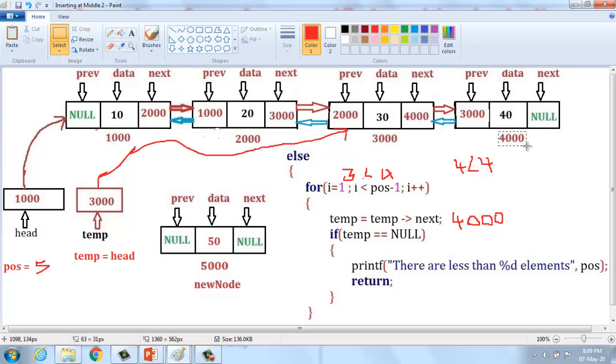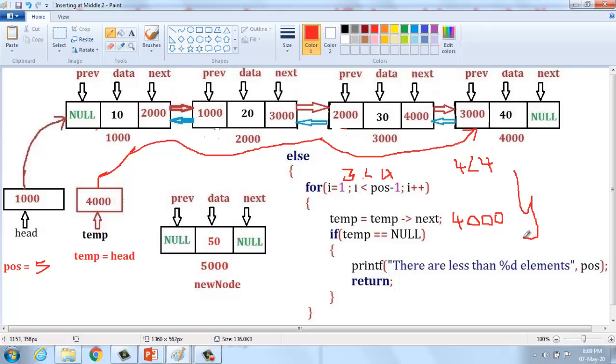Temp equal to 4000, and this link goes from the third node to the fourth node in the given linked list. Then we have to check the condition 4 less than 4, because i was incremented from 3 into 4. 4 less than 4, condition true or false? The condition fails.